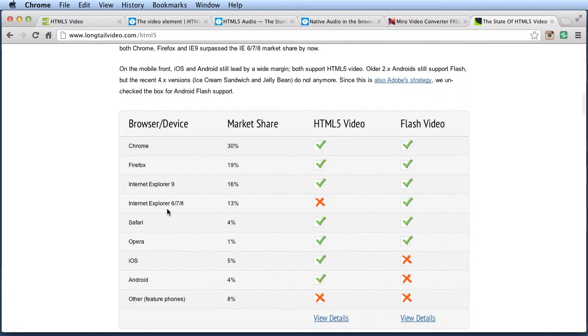You'll see that Internet Explorer 6, 7, and 8 do not support HTML5 video. Now they predict that that's only 13% of the market share, but depending on your users, that might be a big problem. There are ways that you can get around some of this, but you have to be aware that this is really meant for browsers such as new versions of Chrome, Firefox, Safari, or Internet Explorer 9 and Internet Explorer 10, which is coming, which will support HTML5 video. Once you're comfortable with that and you realize that everyone's going to be updating their browser soon and you want to jump right in,